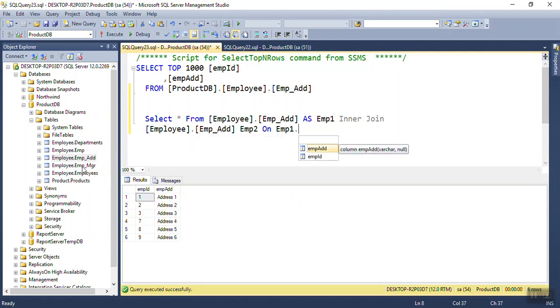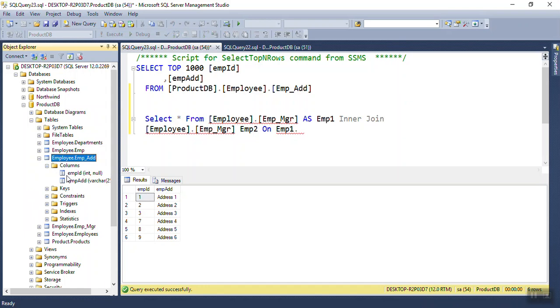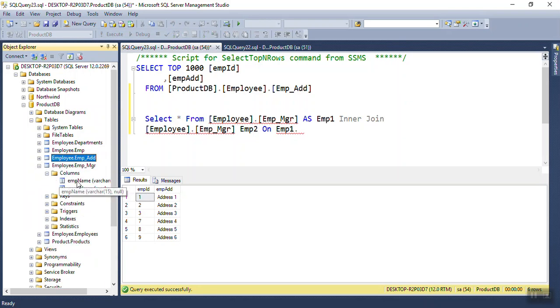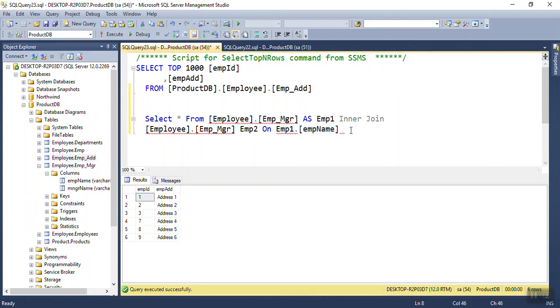This one should be the manager, this table. So EMP1 dot employee name equal to